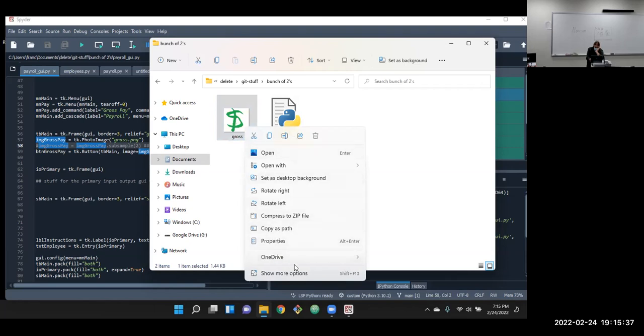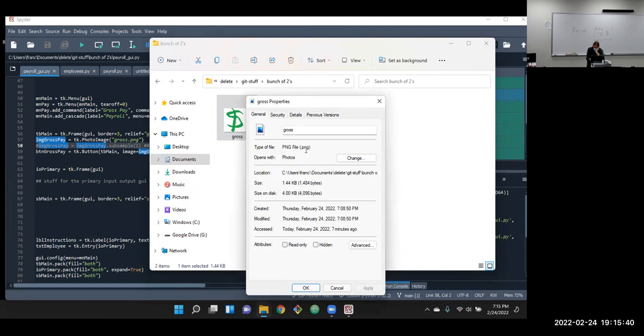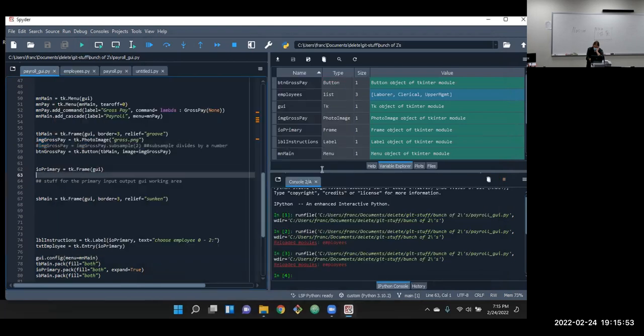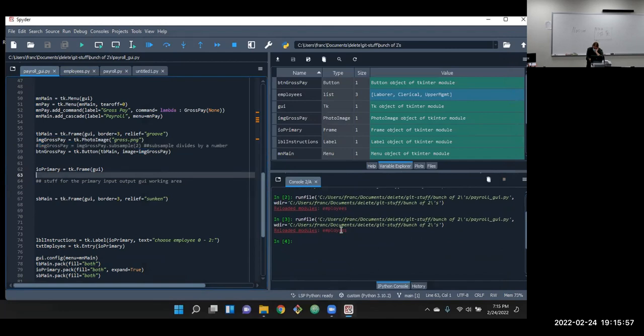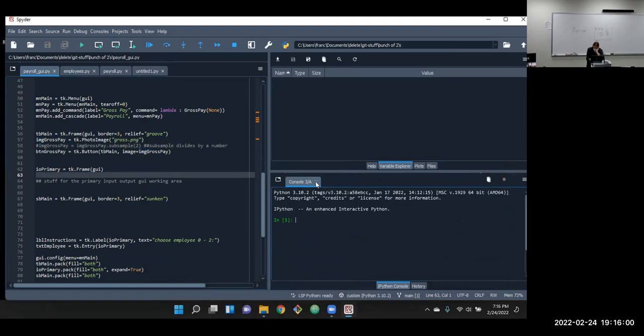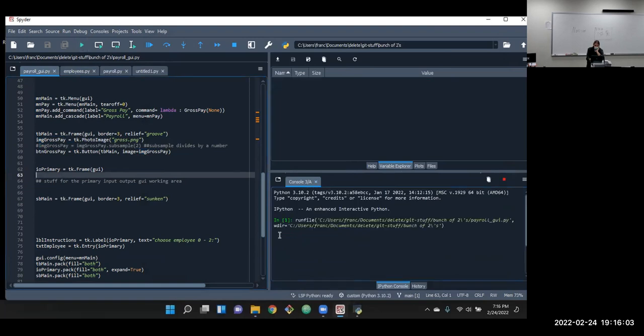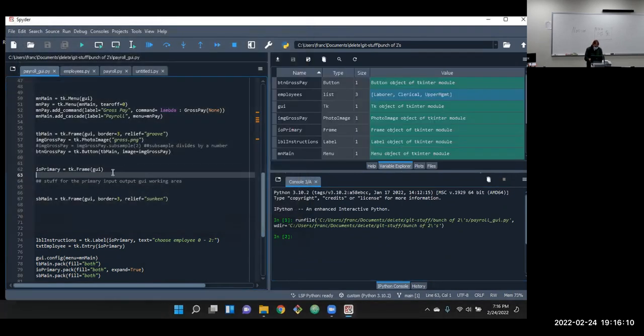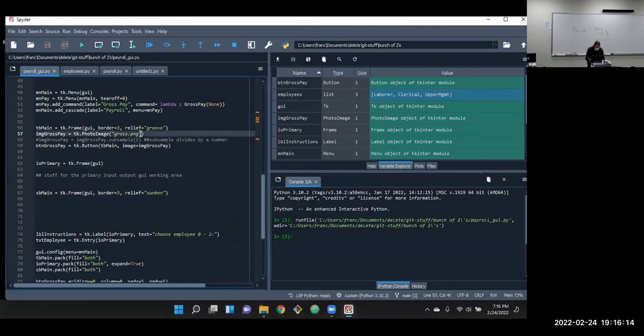Gross, check properties, .png. I'm going to restart the kernel and try this. Oh, sorry. File equals that.